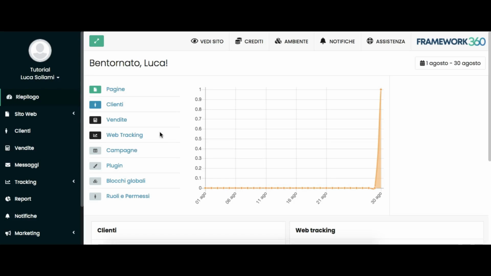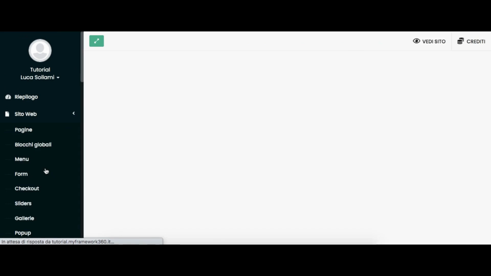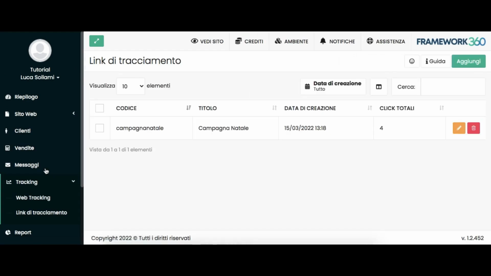In this video, I will show you how to create UTM links on Framework. For those who don't know what they are, UTM links are tracking links that allow you to add a parameter to the links of your advertising campaigns. For example, to know exactly where the website visitors came from and what kind of actions they performed on the